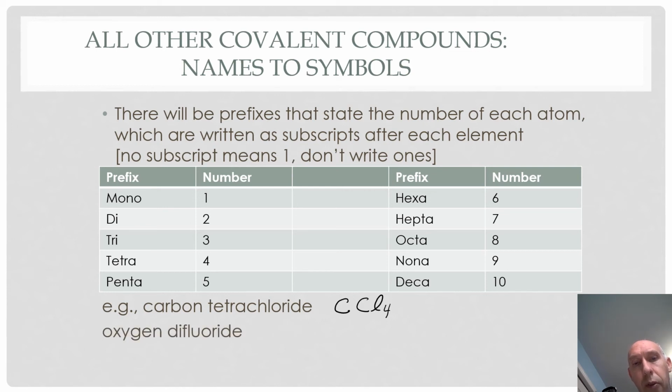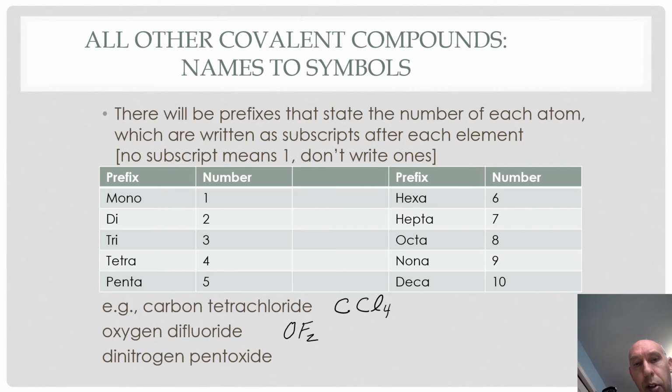Oxygen difluoride. There's no prefix on oxygen, so it's just capital O. Difluoride means 2 fluorine. So I write the symbol F for fluorine and then a 2. Last example for this case,